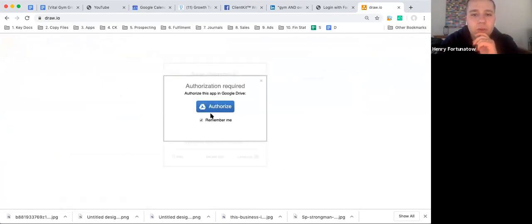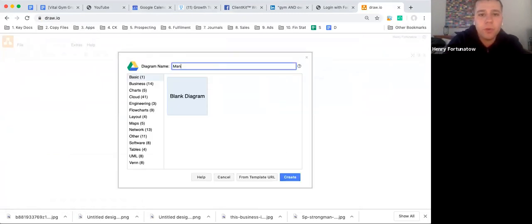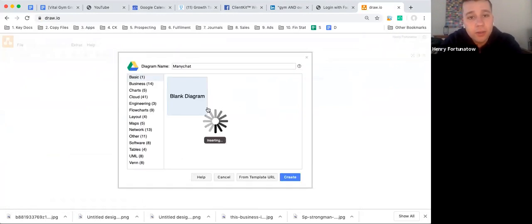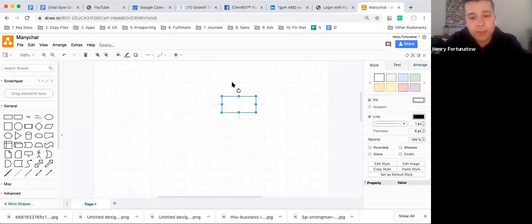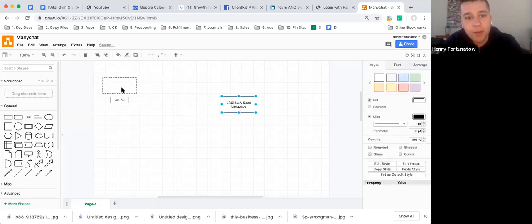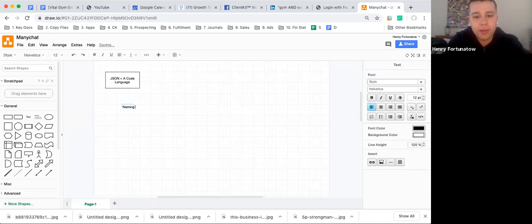So I'll just go to Google Drive, authorize. We'll just log in here, create a new diagram, call it ManyChat. And I actually provide this diagram for you guys to download. So the first thing to recognize is that JSON equals a code language. So that's what JSON means. Now, in terms of naming conventions,